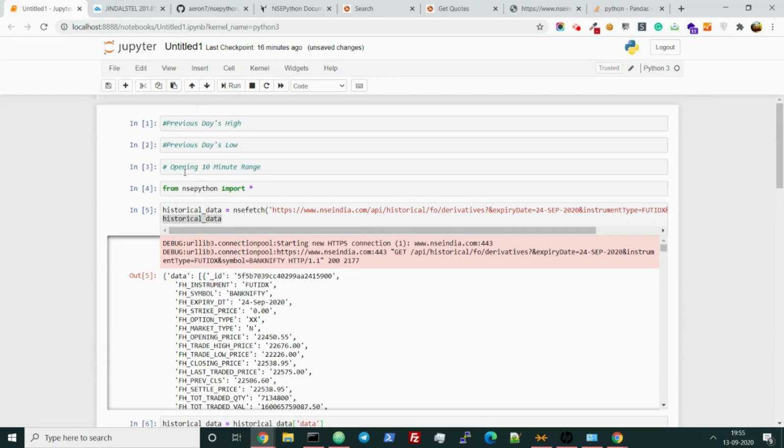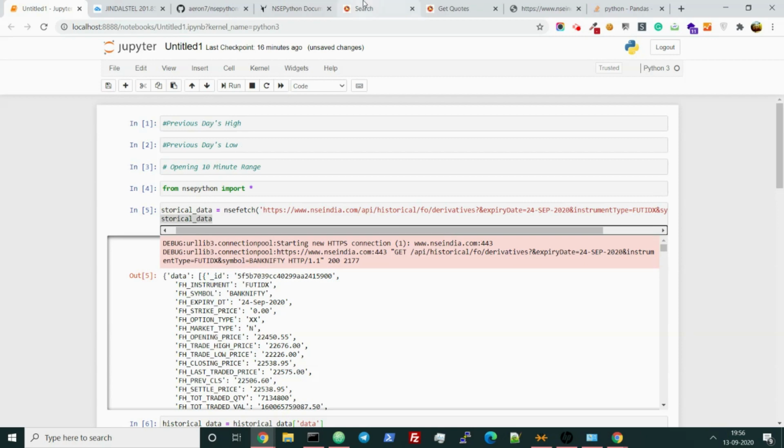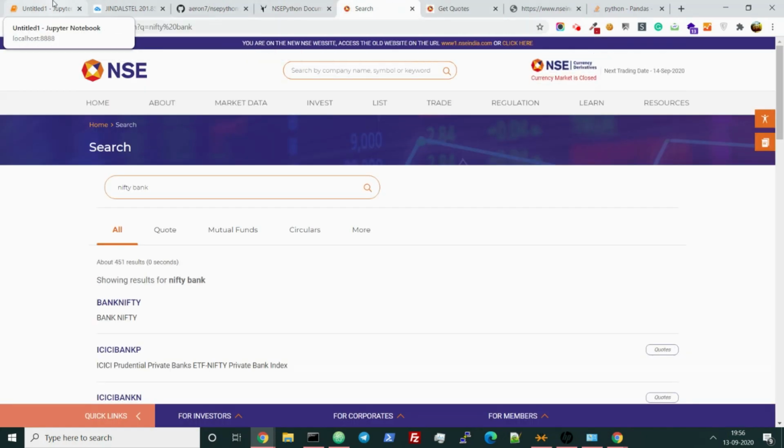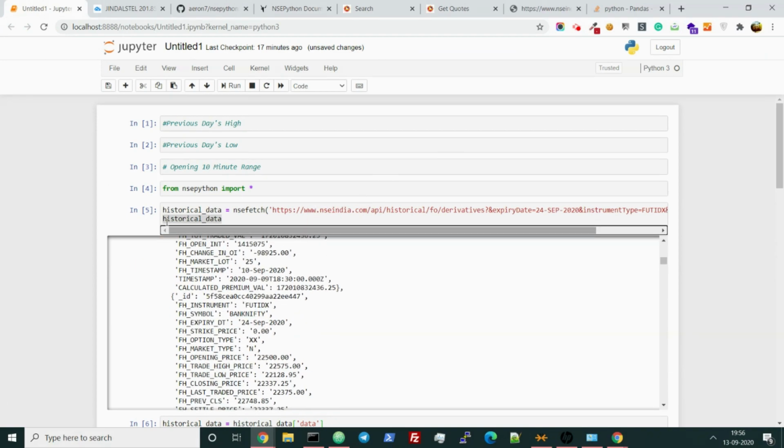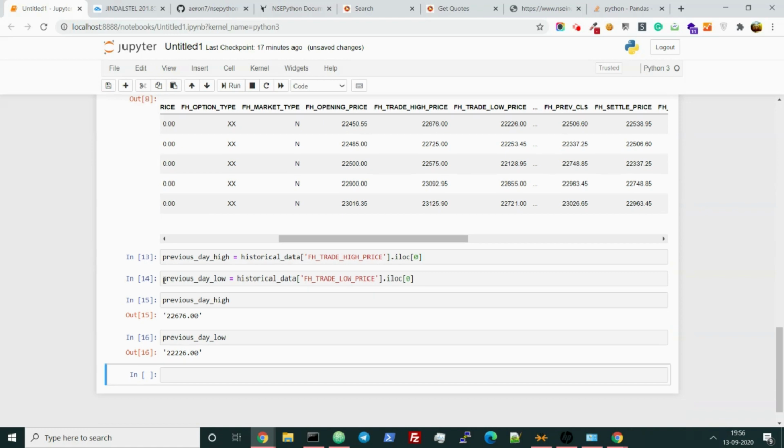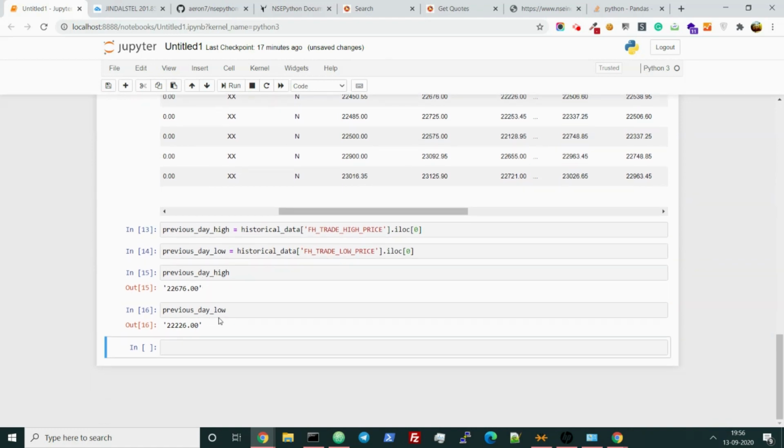Now what else do we need? Opening 10 minutes range. This part we shall show you in the next video or the next session. Right now you have understood how I am fetching the data, how I hacked my way out. Hacking doesn't mean something like that; it means how I found my way to this. We opened the NSE, we inspected which API it is calling, and we fetched the data, and we are manipulating it using pandas, lists and Python, and we are coming to the point where we can use it, correct? So let's see in the next part.